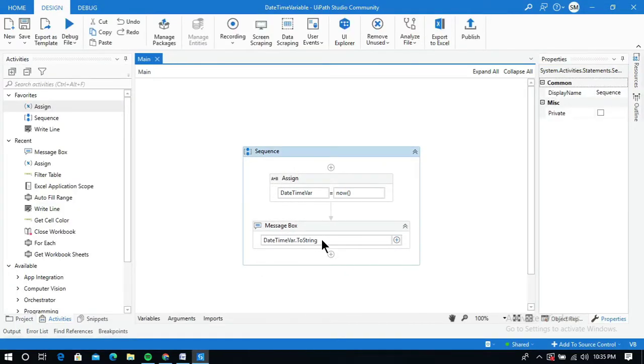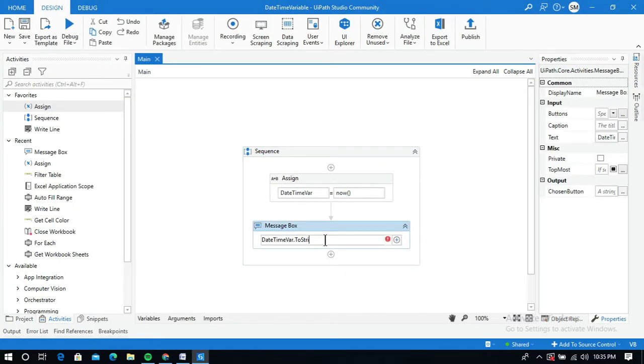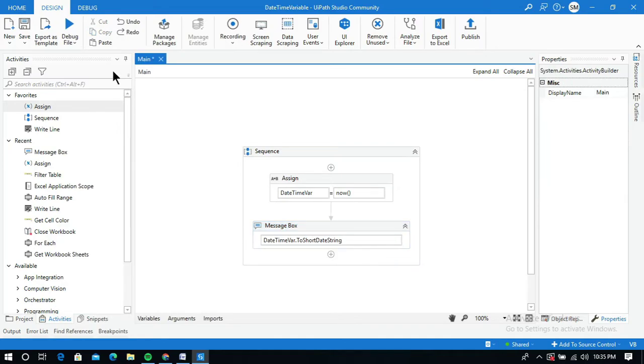I will show you one more predefined method to display only the date. It is ToShortDateString. So I am going to select ToShortDateString, and let me run the process.